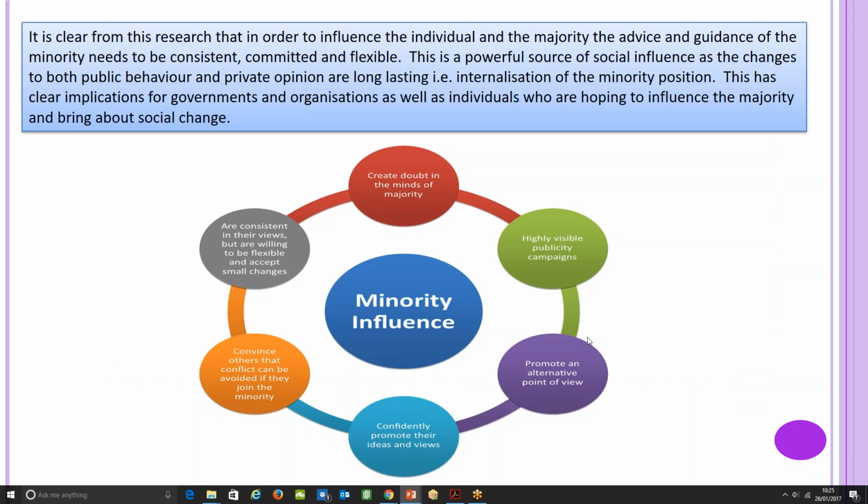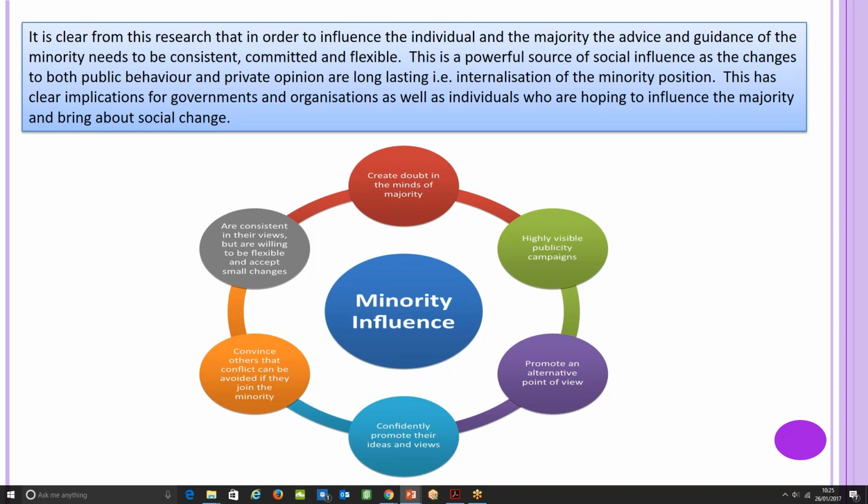So finally, it is clear from this research that in order to influence the individual and the majority, the advice and guidance of the minority needs to be consistent and flexible. This is a powerful source of social influence, as the change in both public behaviour and private opinion is long-lasting, i.e. internalisation of the minority. This has clear implications for governments and organisations, as well as individuals who are hoping to influence the majority and